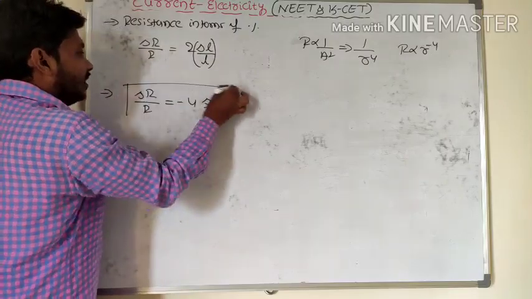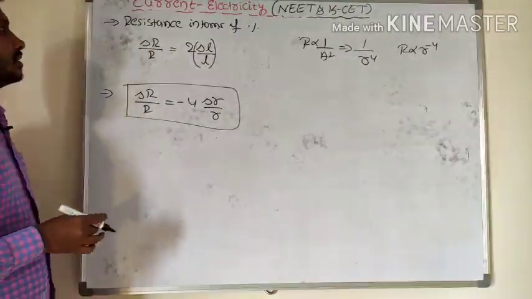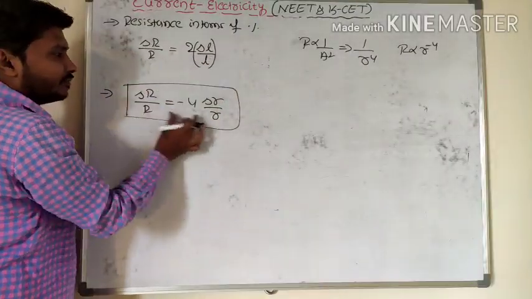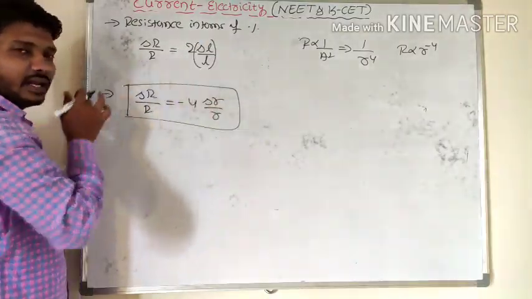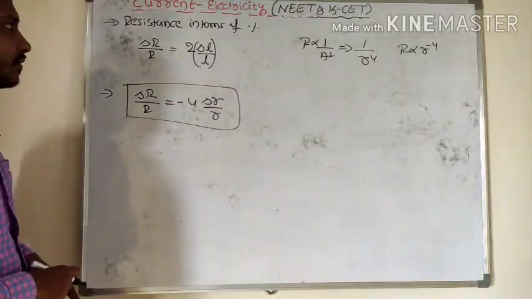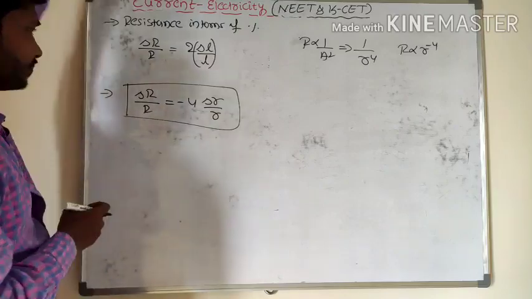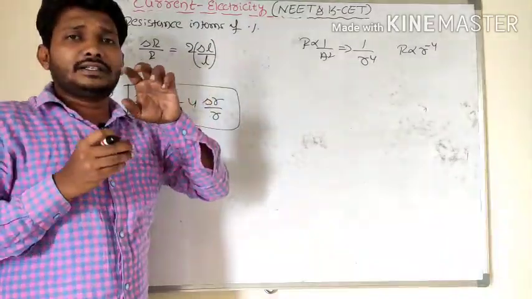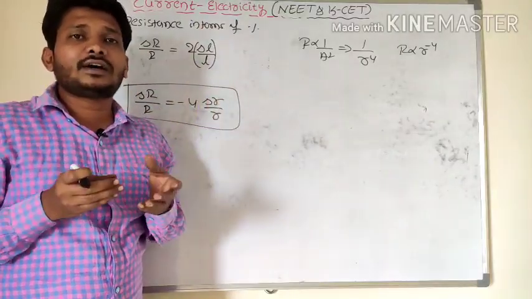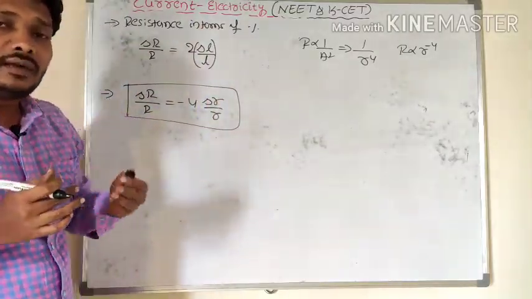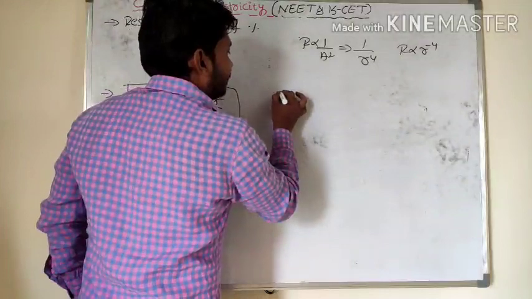So this is the required equation for that: resistance in terms of percentage for the length as well as for the radius. For example, I will consider that those resistances are arranged in a polygon shape. Then what about the effective resistance in polygon shape?